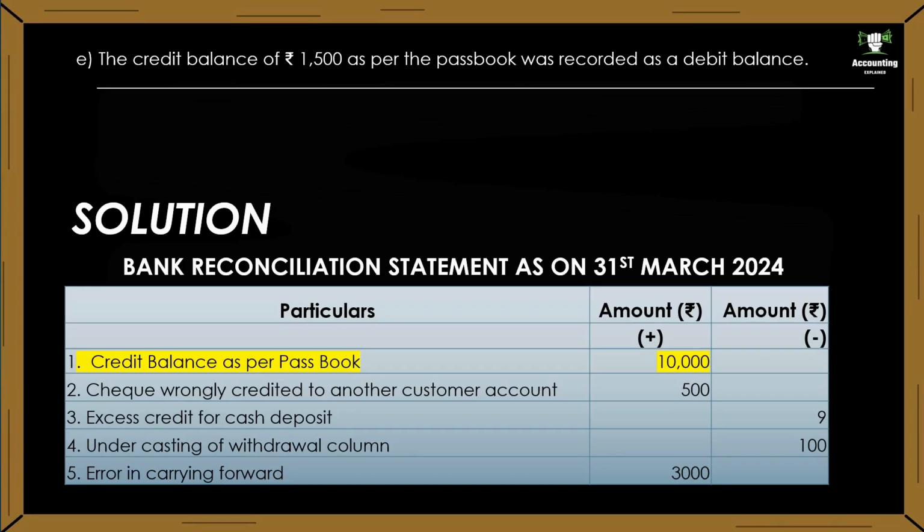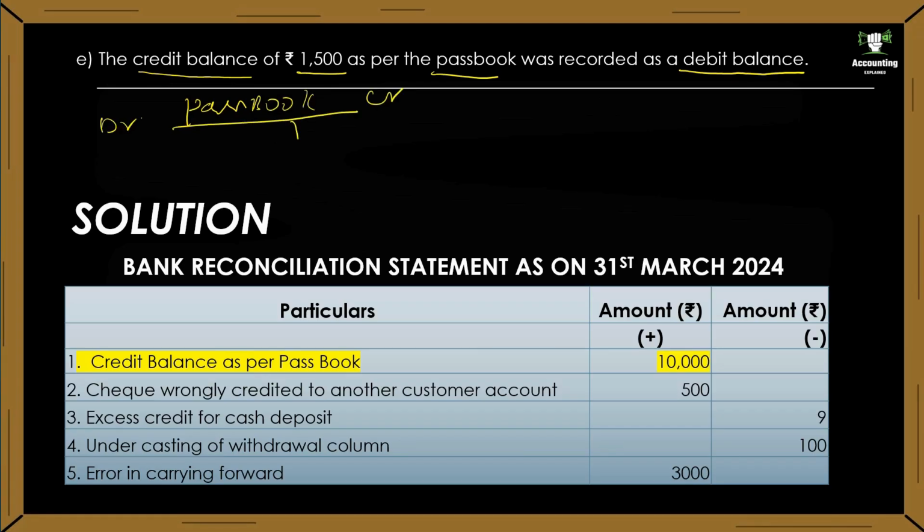Very important or interesting transaction. This type of transaction will definitely come in the BRS question. So listen properly, students. Let's see point E. The credit balance of rupees 1500 as per the passbook was recorded as a debit balance. So now we will take the passbook,